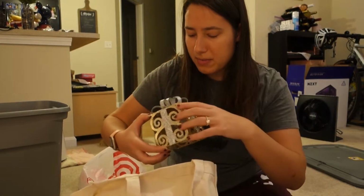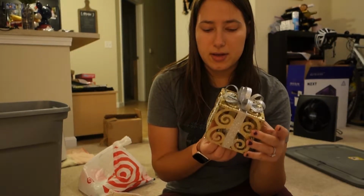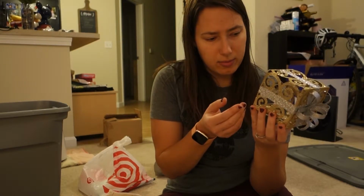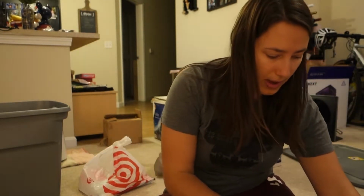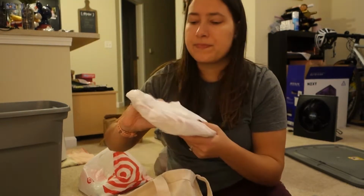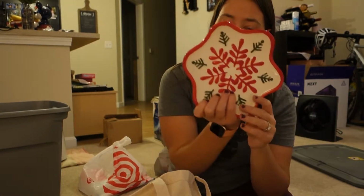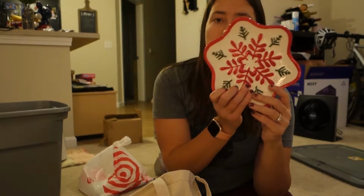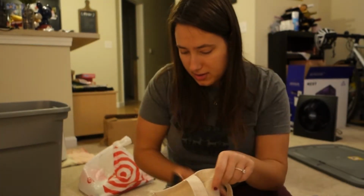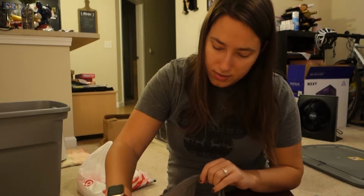And then my mom got me these super cute little presents, and hopefully the batteries, yay, okay, they light up different colors. I don't know why they don't just light up white, but they're very cute. So those will go out as well somewhere. And then I got this little plate, it says it's a salad plate, but I just use it as decoration. Okay, that's everything in that bag. Oh, these are all just like...